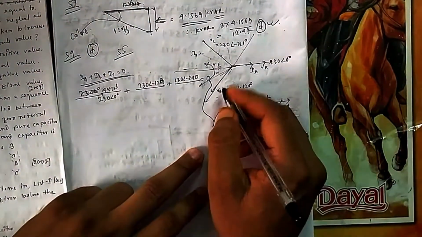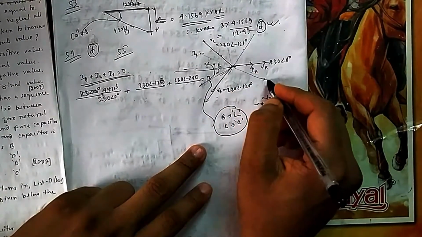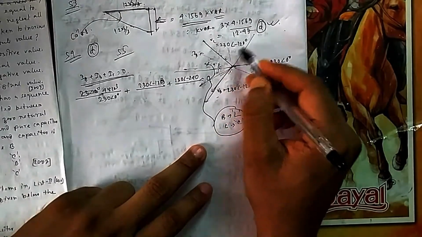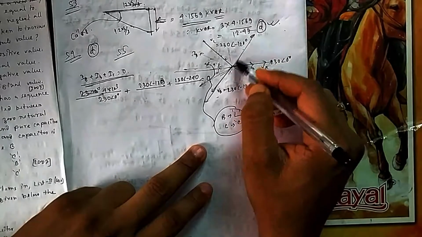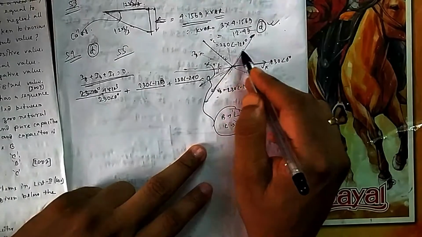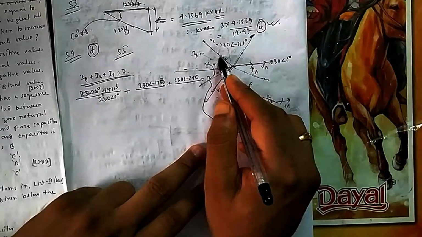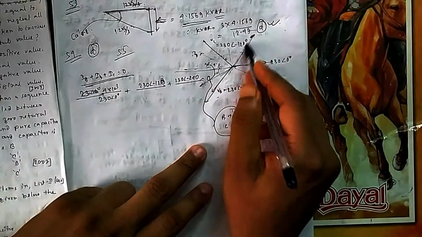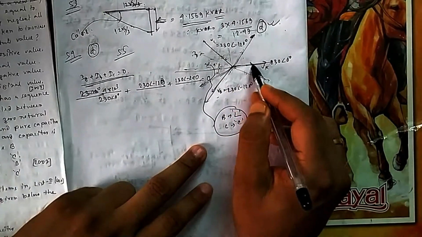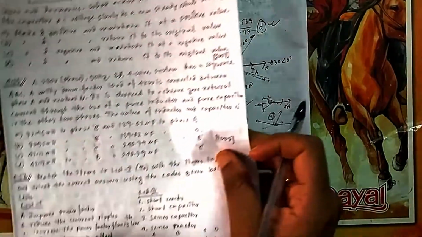Now you can think of the reverse. Suppose I give a capacitor, it will come on this side, that means at an angle of 30. And now if I place a capacitor here also, these three are looking like this. Summation of these three will never be 0. So if I remove C and give L, it will come here. If I give L then it is coming there, so this will never be possible. If I give C here, then it is here. Again this is not possible. So only this combination is possible.